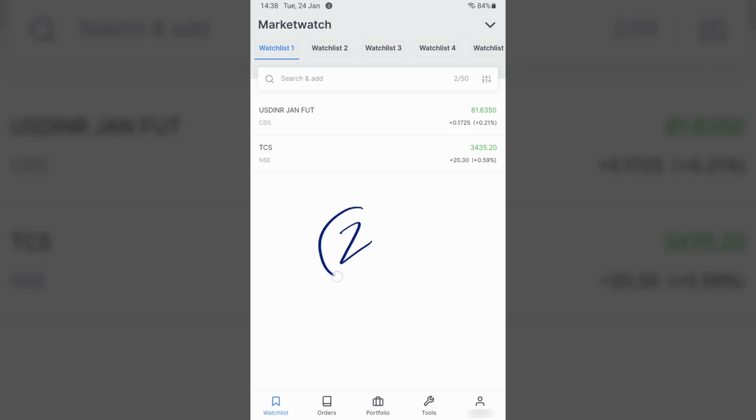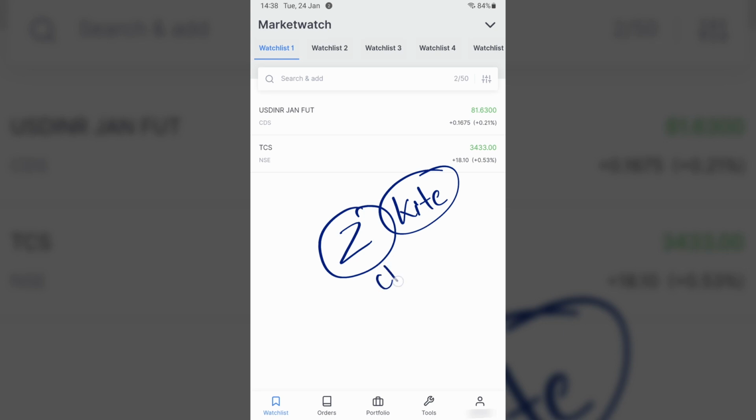Hi friends, today we are looking at Zerodha Kite mobile app where we will look at chart settings and how